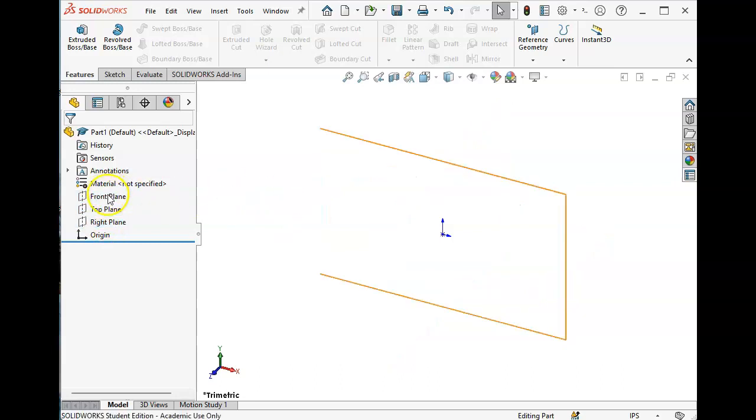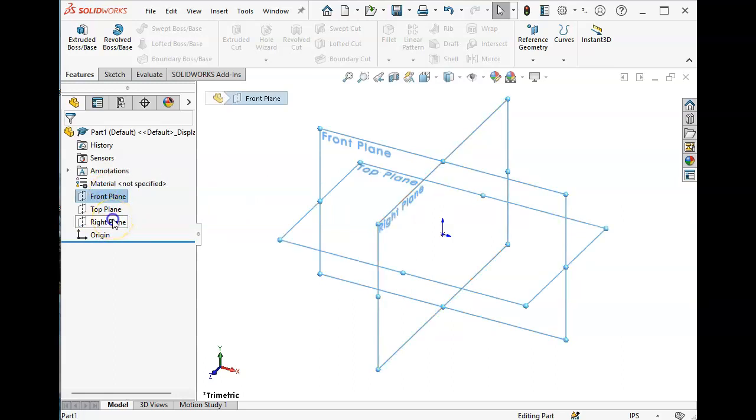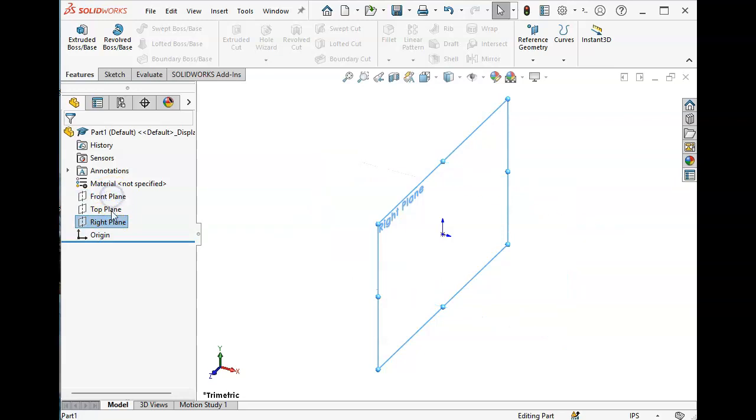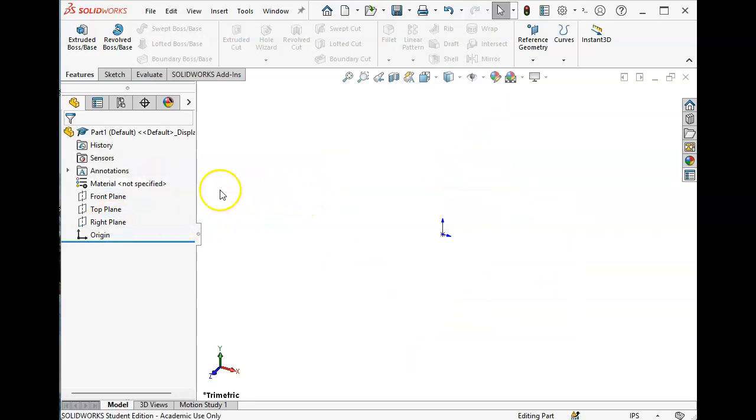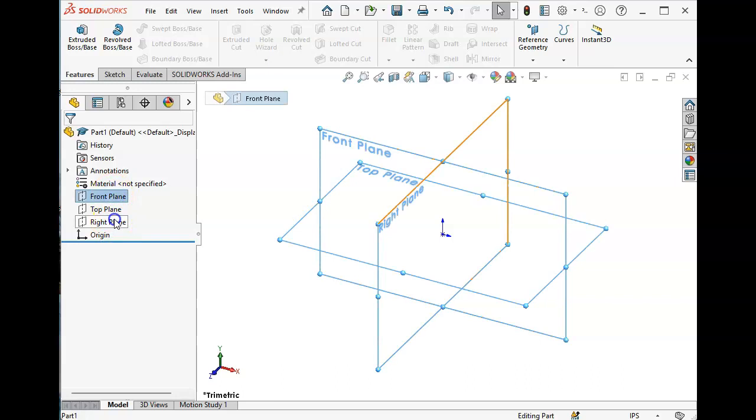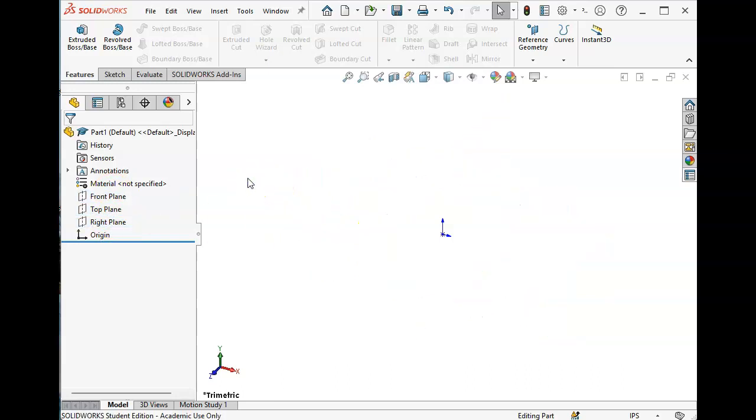If I click on the first one and hold down the Shift key and click on the last one, it's the standard Windows process of selecting everything. If I want to select an additional one, I hold down Control, and the origin pops up as the little blue dot. I'm selecting it again, selecting another one, still holding down Control, select, select. So we can go through that process of selecting either as a group, selecting the first one, holding down Shift, and selecting the last one, and you can pick all of them. All right, so that gets me started on